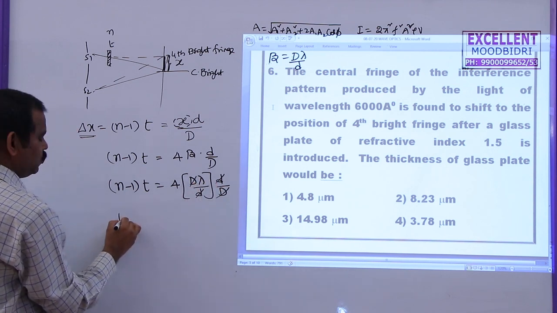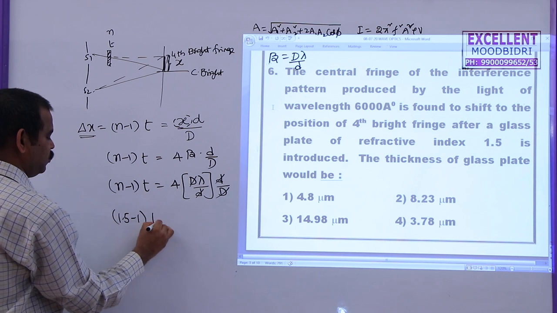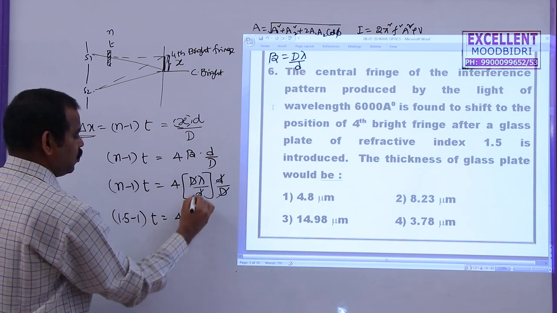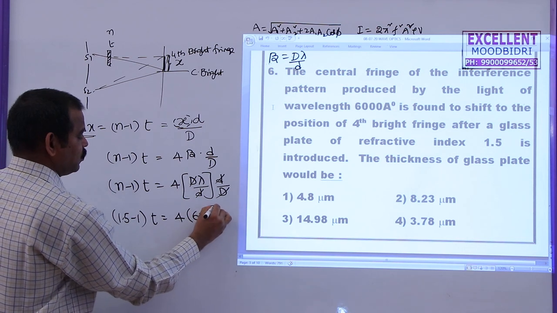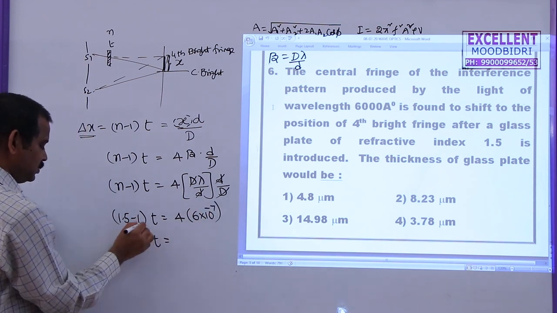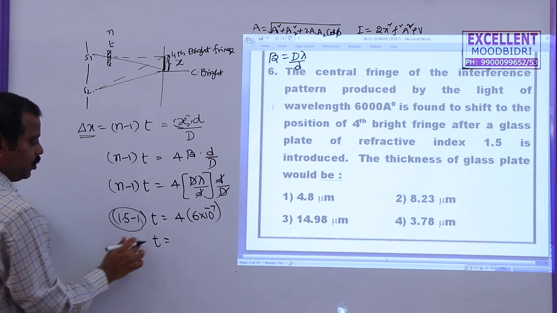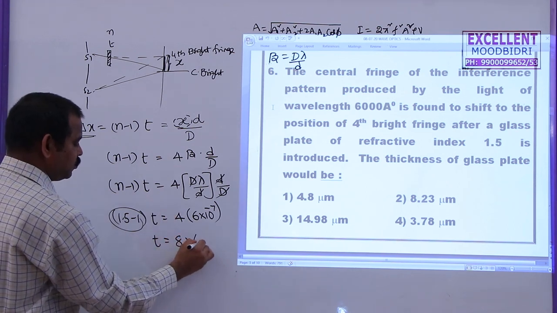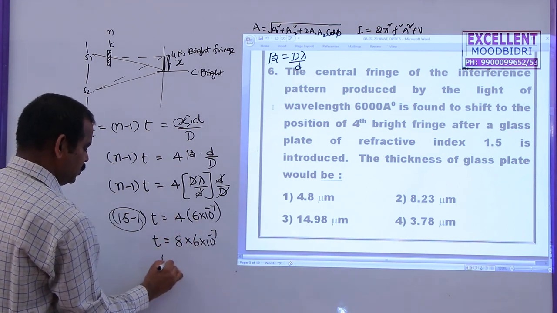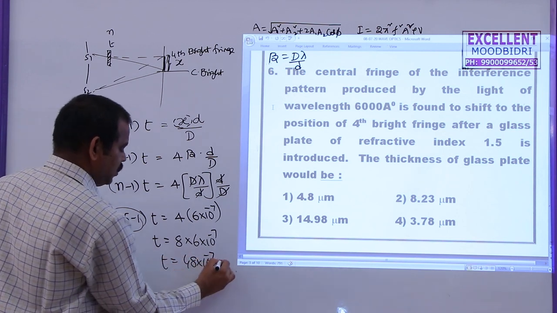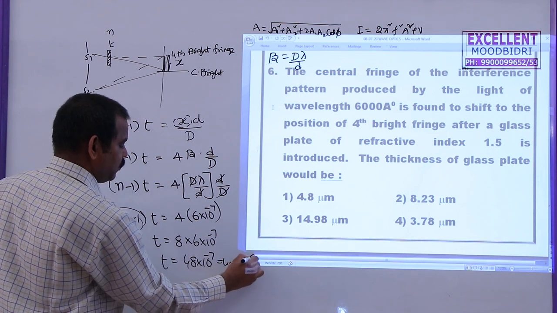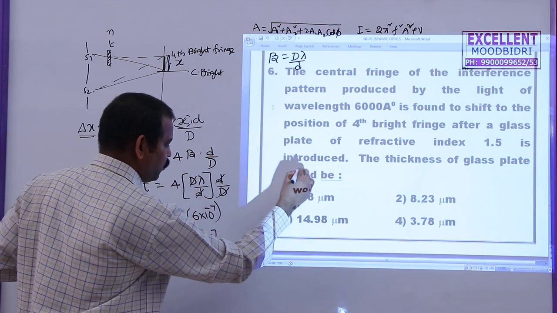So n is 1.5, minus 1, into thickness T is equal to 4 lambda. Lambda is equal to 6000 angstroms or 6 into 10 power minus 7. So this will become 0.5, that is nothing but 1 by 2. When it goes to this side, this will become 8 into 6 into 10 power minus 7. T is equal to 48 into 10 power minus 7 or 4.8 into 10 power minus 6 meters or 4.8